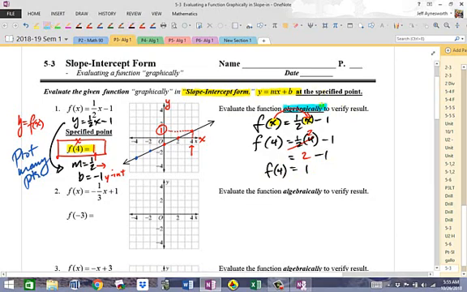Algebraic. So I did it by using the graph first. So I did it graphically. That's why I gave the title of the lesson, Evaluate the Function Graphically. We'd use the graph right here. Okay, using the graph. And then afterwards, we verify it by doing it algebraically, and the results should